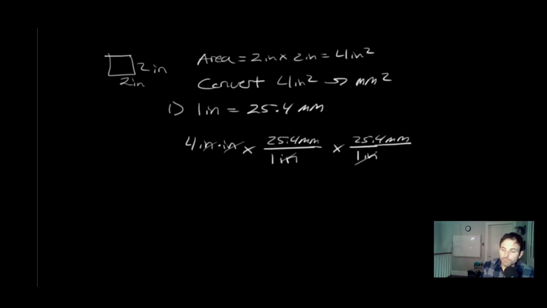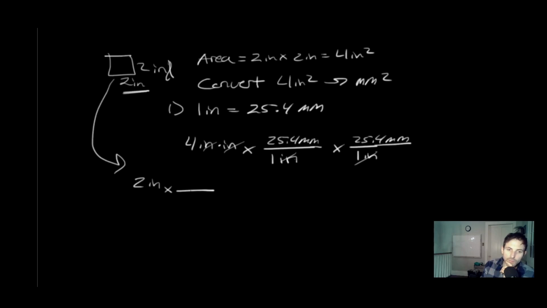If you look at the square over there, you have 2 different units, 2 different instances that you have to convert. You have to convert this 2 inches to millimeters and this 2 inches to millimeters separately. Think about it. If you did it another way and said this 2 inches